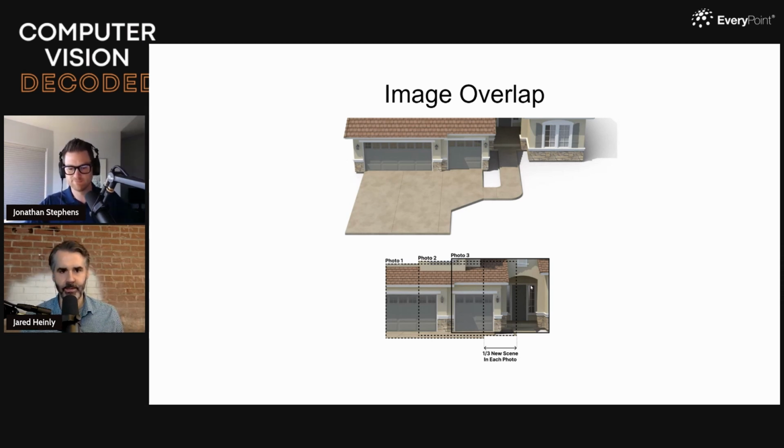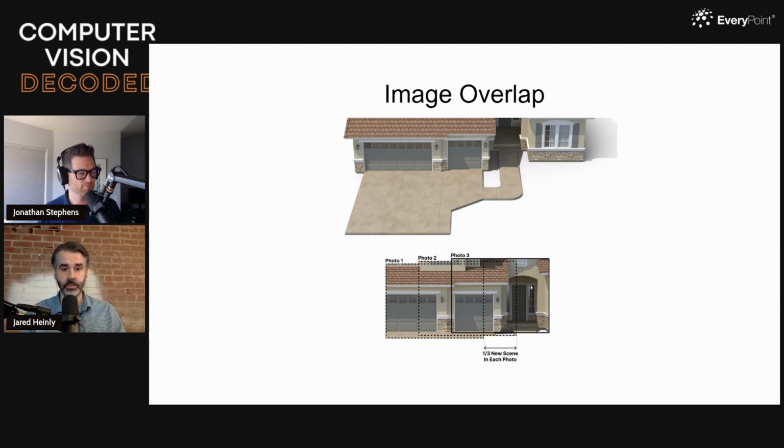Now you may ask, well, why was that? You just said several minutes ago that I can do triangulation with 2 images and it does work. Well, the issue is, if I have 2 images, how do I add that third? How do I add that fourth? And so on. The way that I can grow a reconstruction is that that third image needs to see similar content as those first 2, and then that fourth image needs to see similar content as at least 2 previous ones. And it comes down to the way in which a lot of 3D computer vision packages or photogrammetry packages actually do the